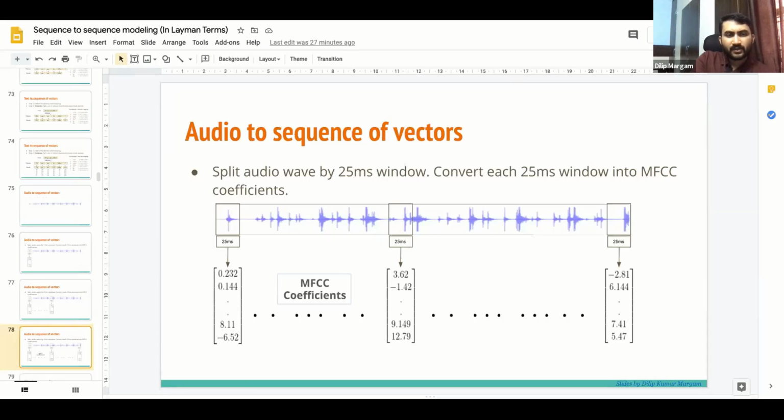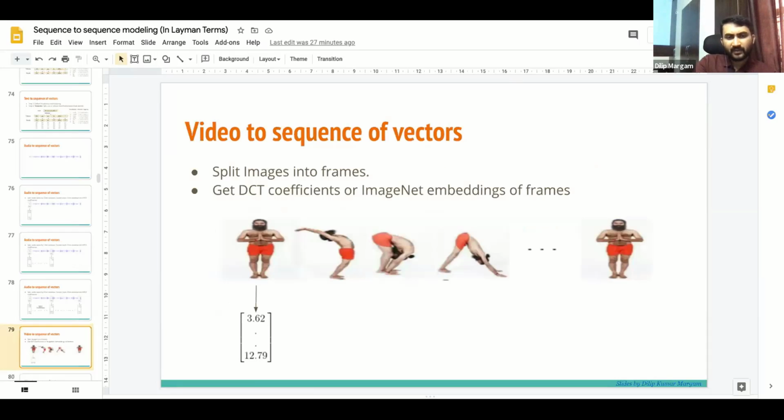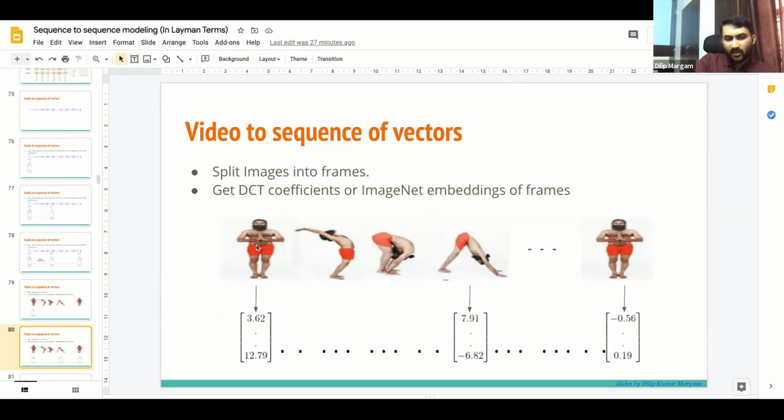Now let's go to video. Same thing with video. First we split video into images, which are frames. Then there are multiple options. One way of getting the vectors is DCT coefficients, or you can use a CNN, or you can use ImageNet embeddings. ImageNet is a very large CNN that is trained on millions and billions of images that are publicly available.